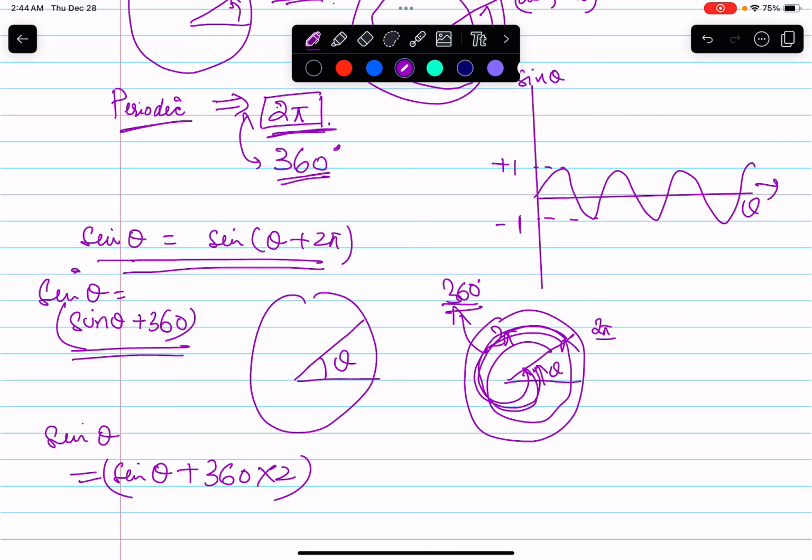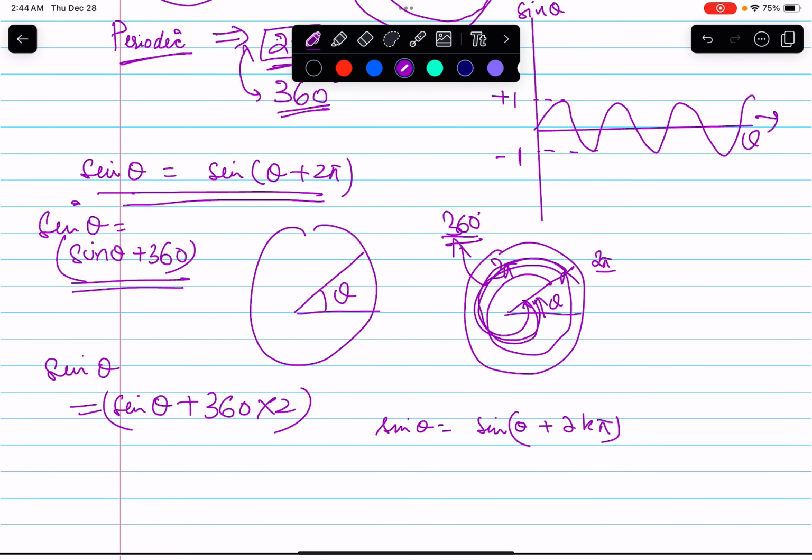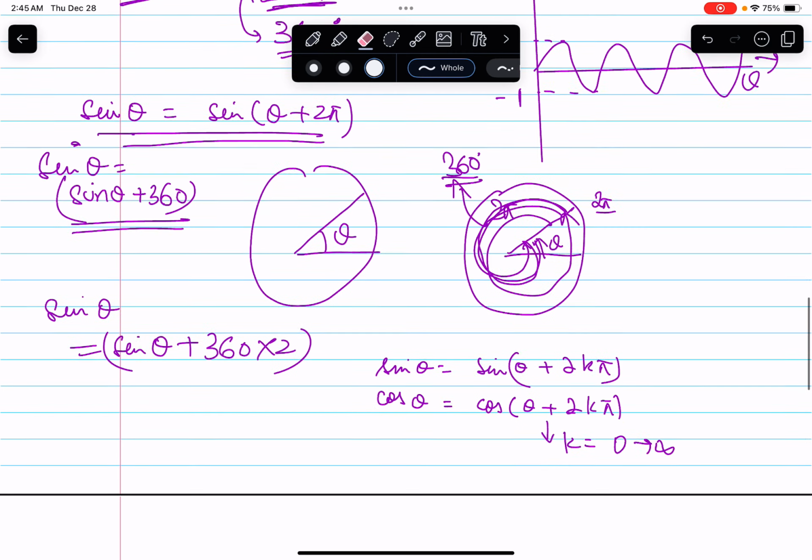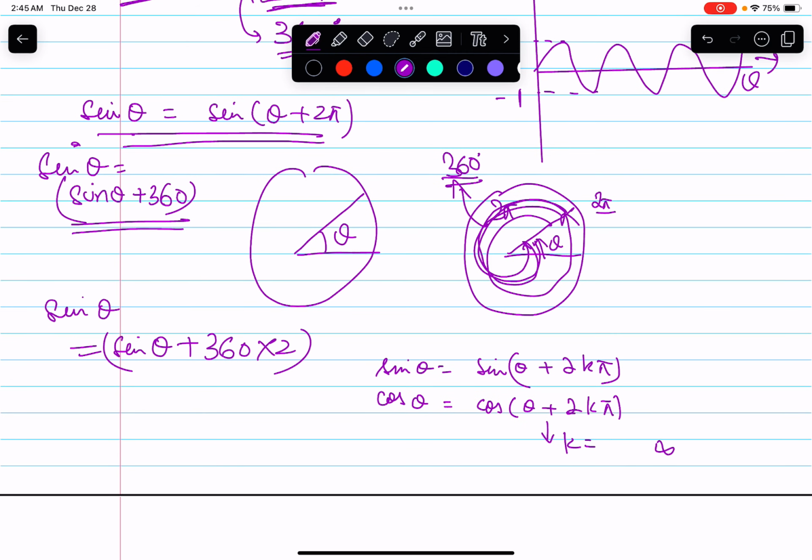Okay? So that's why we get over here that sine of theta is equal to sine of theta plus 2k times pi. And in this case, 2 pi is just 360 degrees, and cosine of theta is cosine of theta plus 2k pi. And in this case, k goes from 0 to infinity. And actually, k can even go from negative infinity to positive infinity,